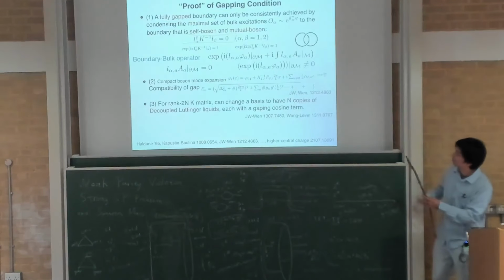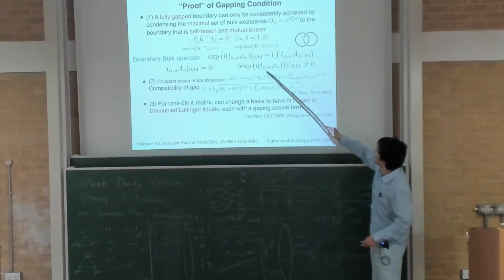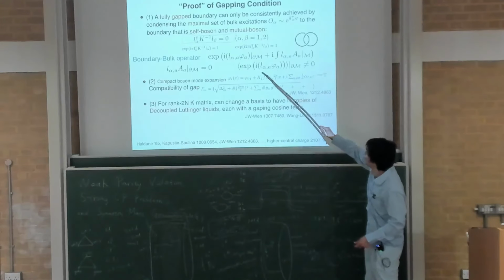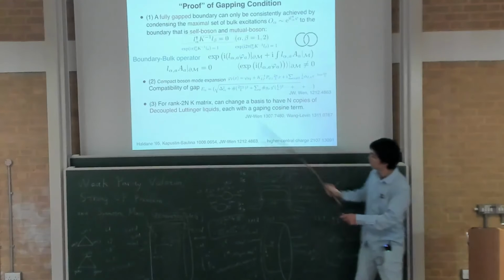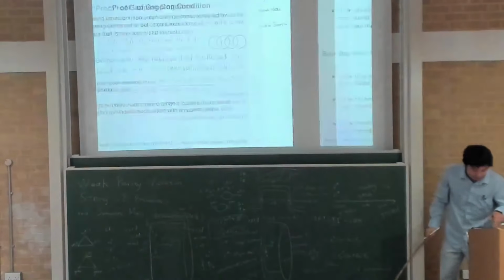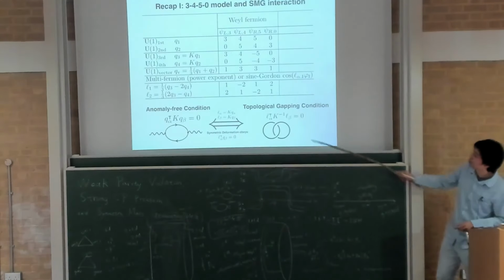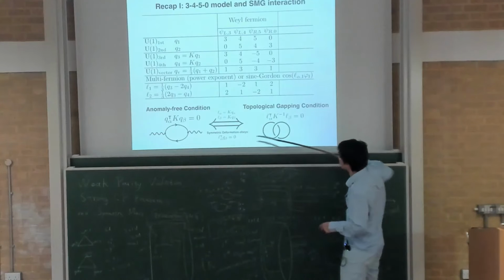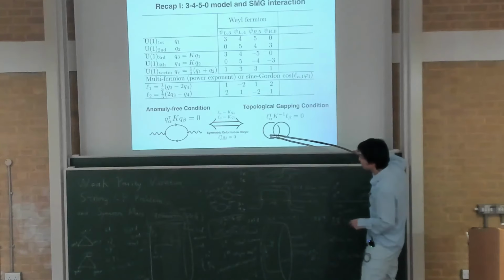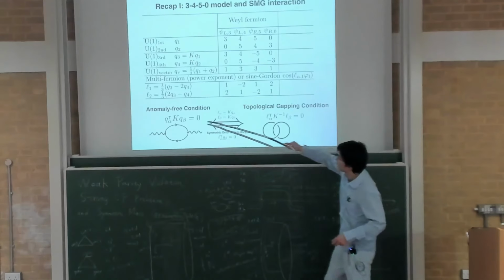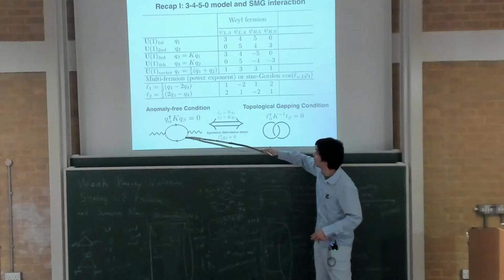Yeah. L is the coefficient inside the exponential of this bifield term. And K is the K matrix, which is the level of Chern-Simons. Let me skip that. But the main point is that these two conditions are pretty much related. And I think there's a deep truth about this: the anomaly-free condition, which is Hall conductance zero, and which